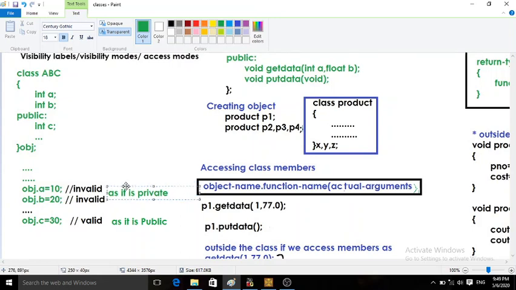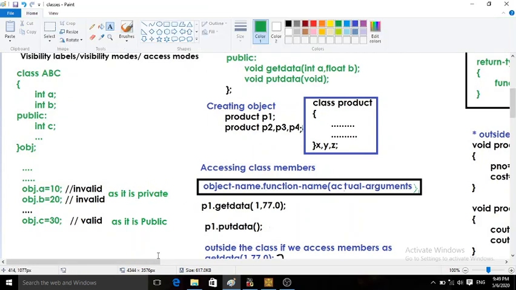So both of these are invalid as these are private. So this is about accessing members. If you want to access any public function, you can access it like this from outside the class: object name dot function name in brackets, actual arguments. If you want to access any public data member, you can access it again like this: object name dot